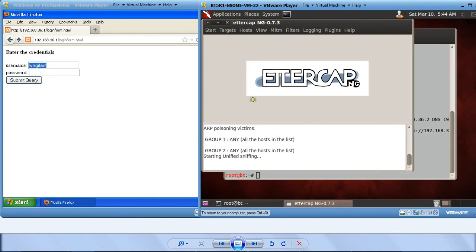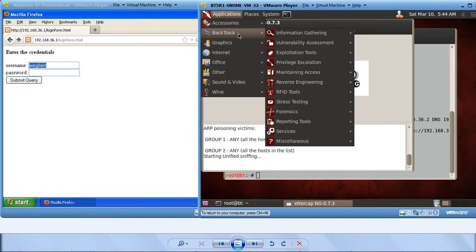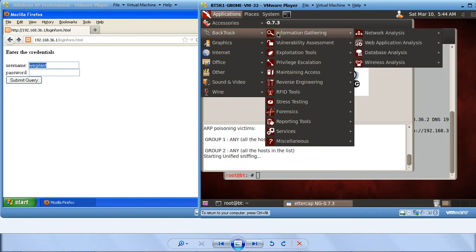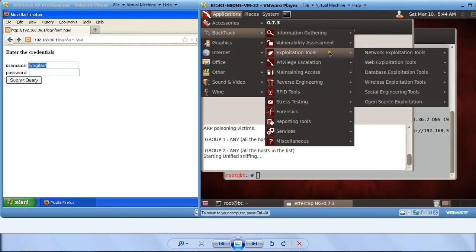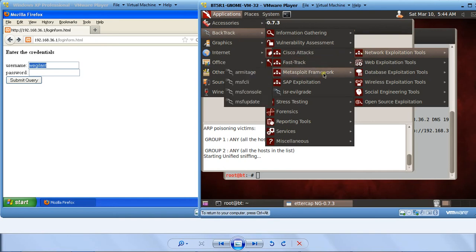This backtrack is a wonderful operating system. You can go to application, go to backtrack and look at the complete menu it gives you. This includes information gathering, network analysis, web application analysis. It's the best operating system available for penetration testing. You can see it gives you a lot of tools like Metasploit.